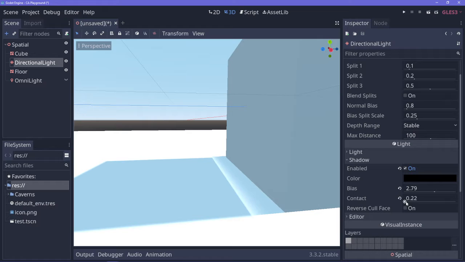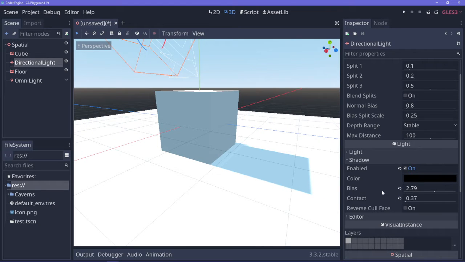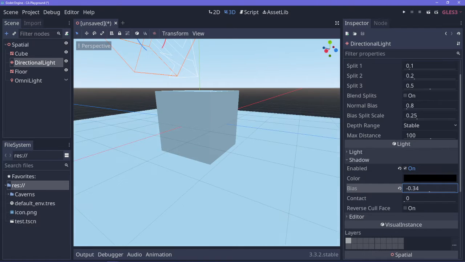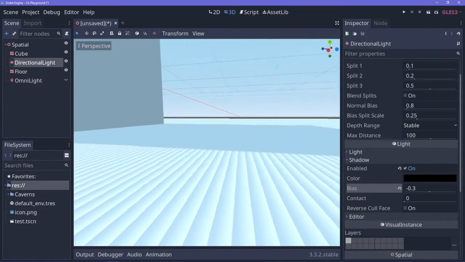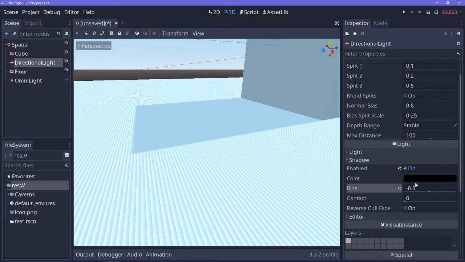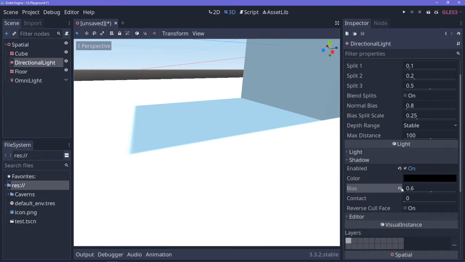You can turn on contact to try and fix this, although it's heavy on performance. I don't like it. There's also decreasing the bias too much. If we get it just right, you can see this banding happens just from pushing the bias too far. And if I set it to too high of a value,